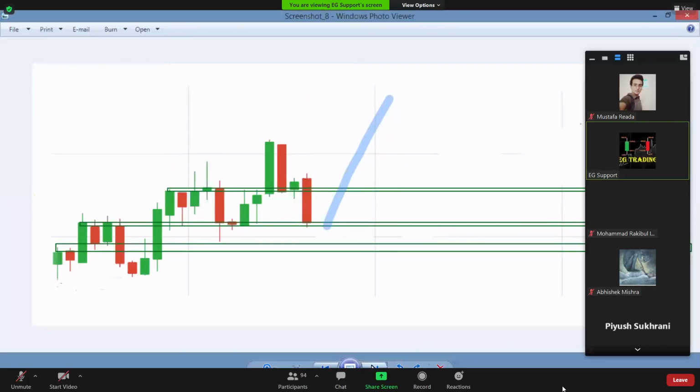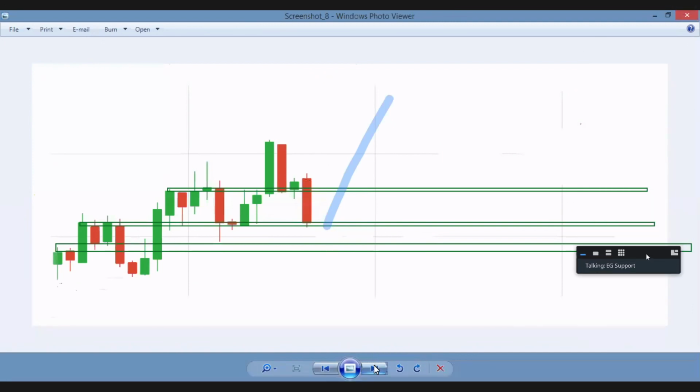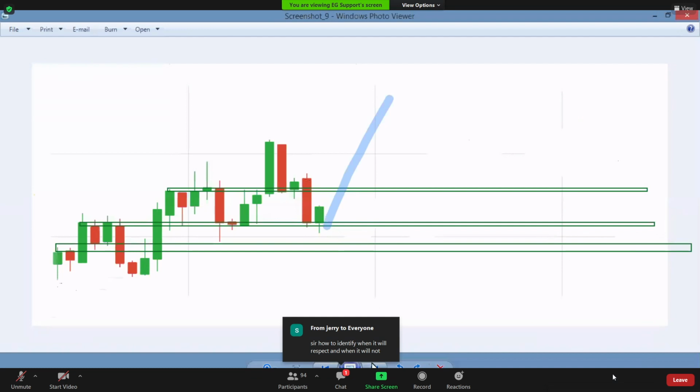Try to draw complete SNR levels and try to trade only at the levels. So I will show you next candle. Okay. So still there is a gap to this level. At this level now we don't have any opportunity. Still we don't have any opportunity. So it's a breakout candlestick. Now